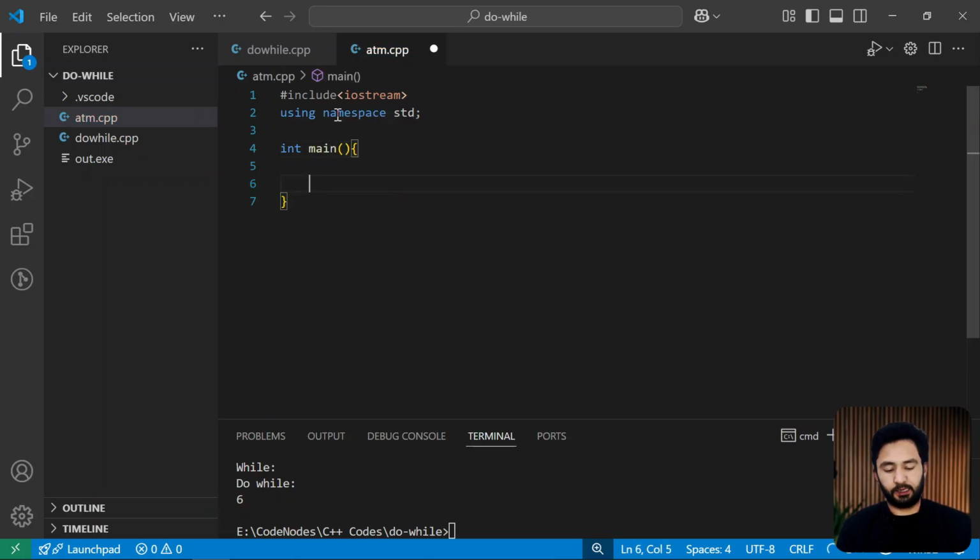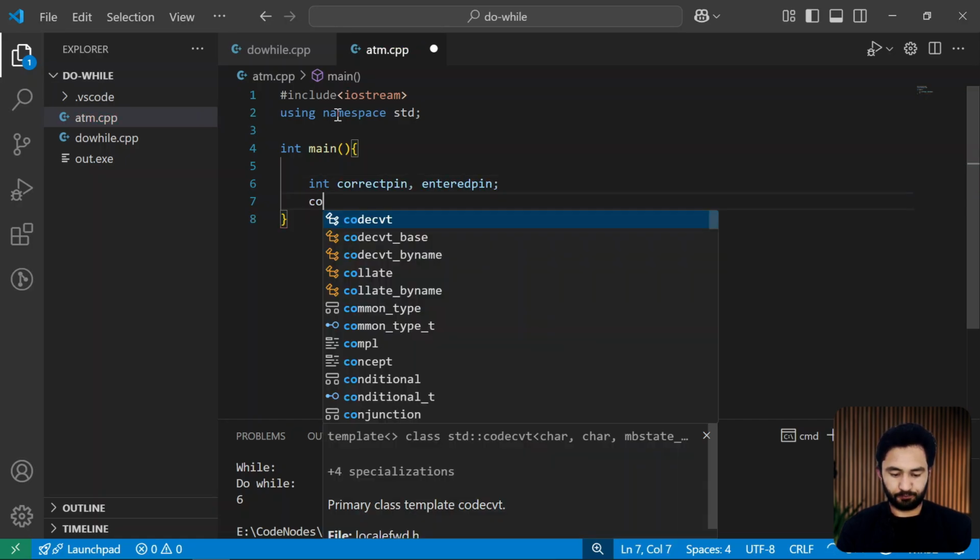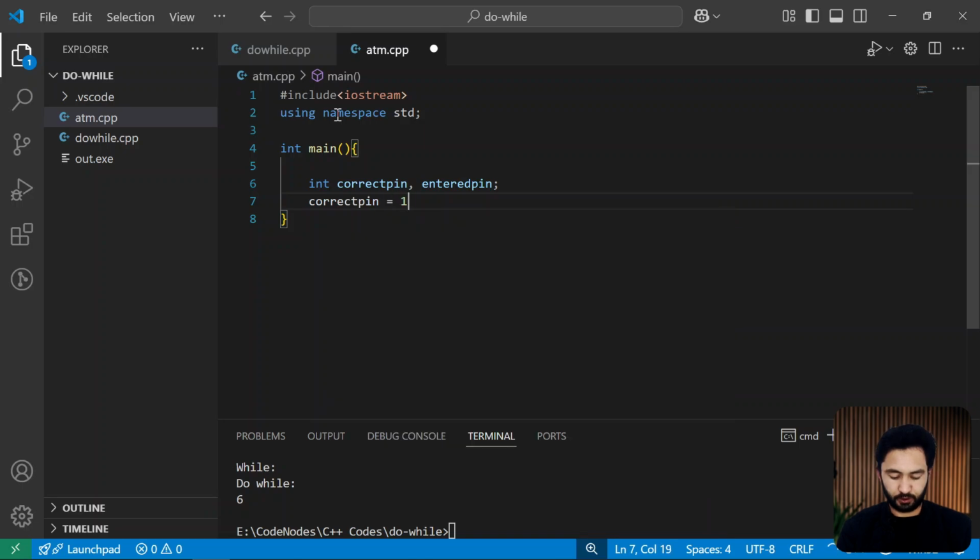Now to solve that example, we need two variables. One is int correctPin and the second one is enteredPin. Let's initialize this correctPin with 1234, and the enteredPin we will take as a user input. So let's start do and cout,